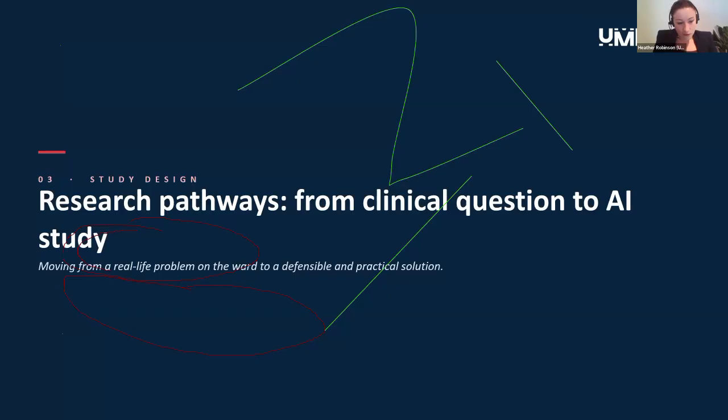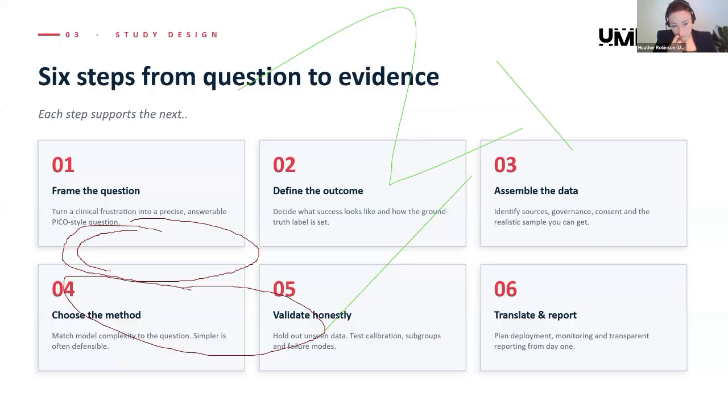So we'll move on to talking about research pathways and doing our own research with AI. So like most studies, it's really important to have a question that we can answer with a good framework. So what does it look like for our research to be successful? How much time have we got? Is it answerable in the time frame that